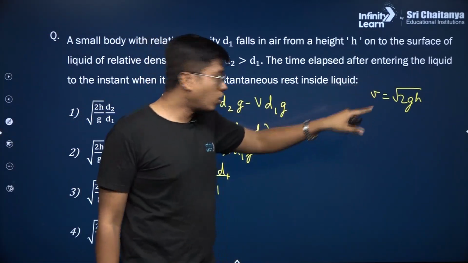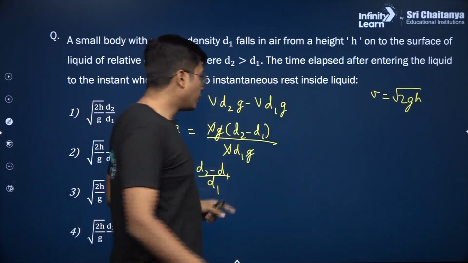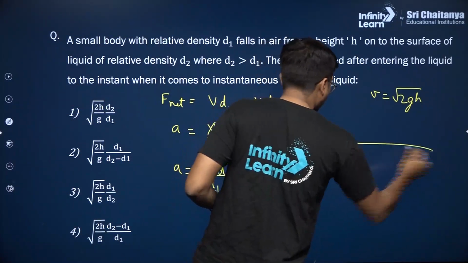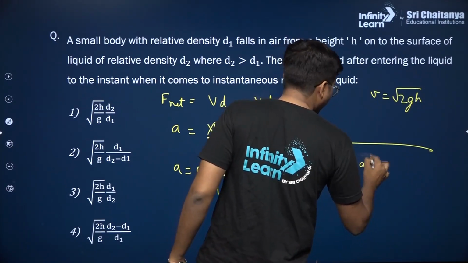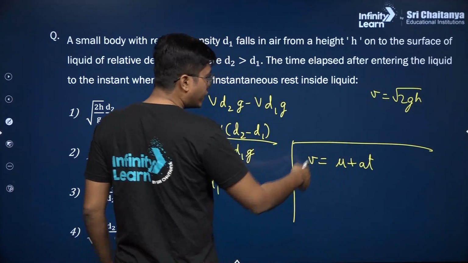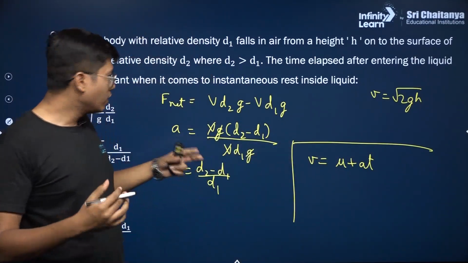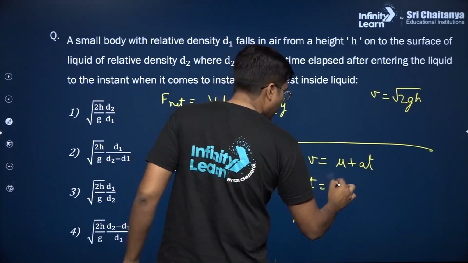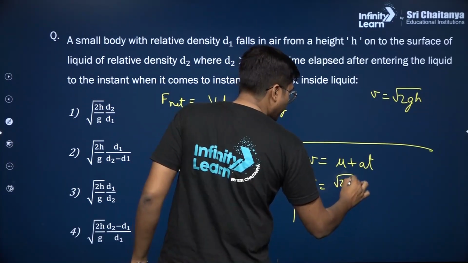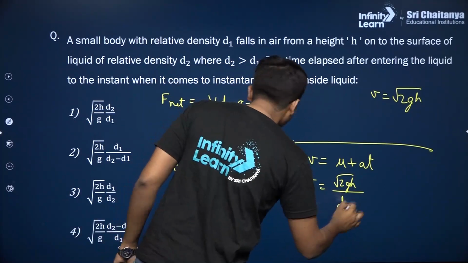That means how long does it take for this acceleration to make that 0. So we know Newton's relation, v is equal to u plus at. This actually is u, v is 0 because final velocity has to be 0 and acceleration has to be negative. So anyway, it's just this, t is equal to root 2gh divided by the acceleration, which is,